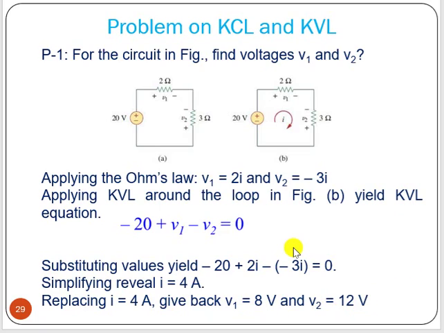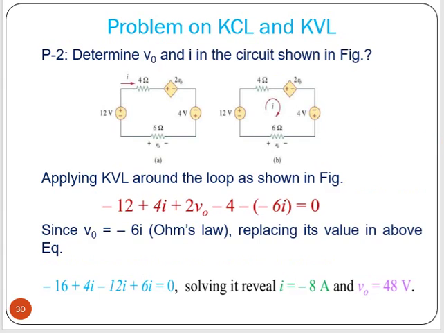After some time we can find these voltages directly by applying the voltage division rule, because this voltage is divided across these two resistors. So we can find it that way also, that we will do later.